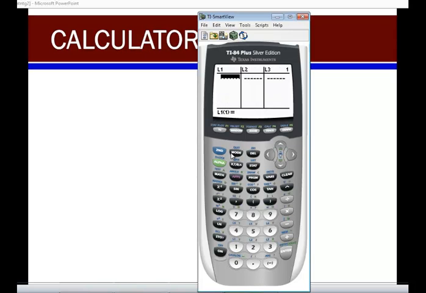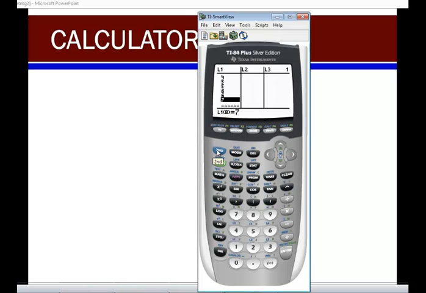1. And you will see your list come up, and I'm going to enter the numbers that we had in our set: 3, 4, 4, 4, 5, 5, 6, 6, and 7. You'll notice if I put my cursor on the last one, it says that there are 8 values in the set. And so to do the standard deviation, I am going to use the stat features of the calculator,